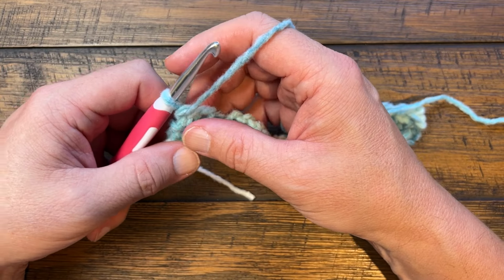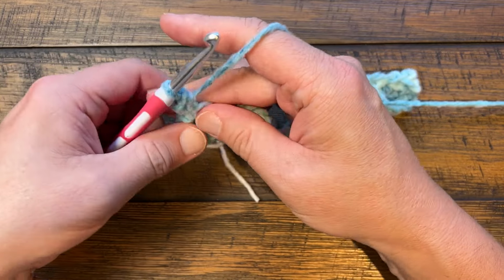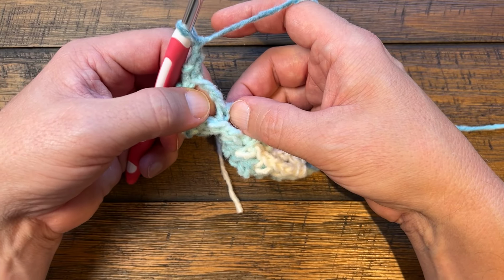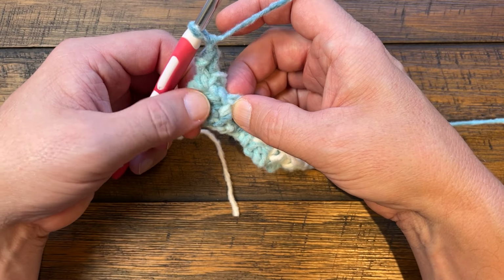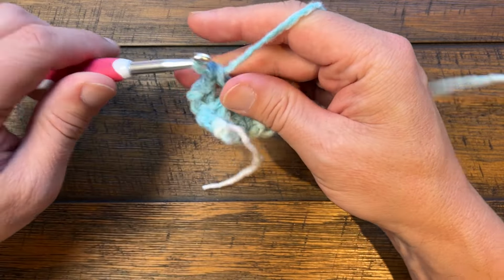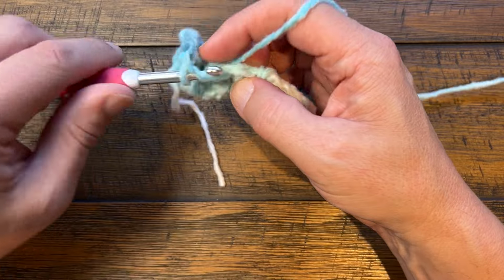Row number 4. We're going to chain 1, and we're going to single crochet in the top of the first single crochet. We're then going to chain 1, and we are going to let these chains just stay on the other side, don't interfere with them, and just use the next single crochet that's available. So it's after the chain 1 space, use this one and double crochet. Chain 1, use the next single crochet, so there's a chain 1, and use that one as a double crochet,